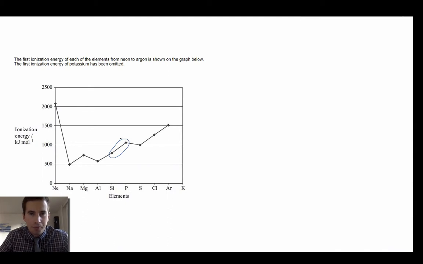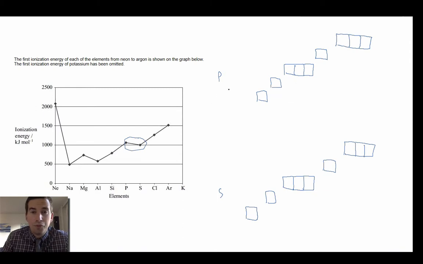The same explanation accounts for the increase between silicon and phosphorus. The increase from sulfur to chlorine and the increase from chlorine to argon can also be explained using the same points. So the one I've missed out is here. Now this is the last one I'm going to explain. Okay, so phosphorus,